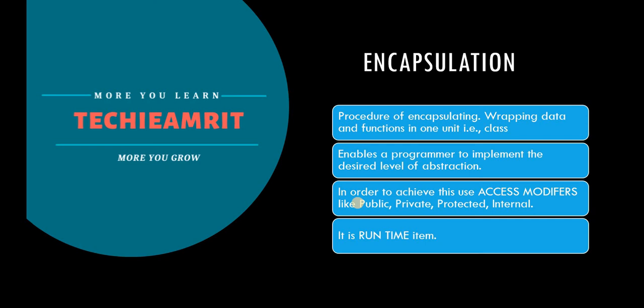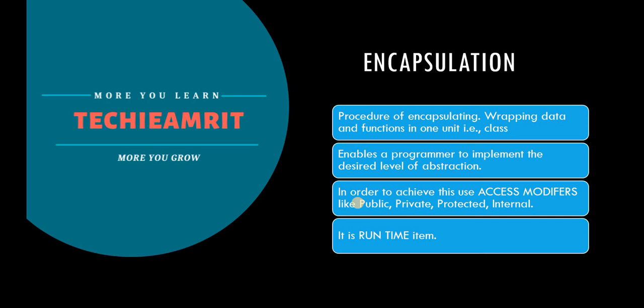So you are focused at the design level. Similarly, when you have a coffee machine, you are pressing the button, and you are not focused on how the coffee is being made or how it is internally working. So what our object does, you don't have to care about it. What you have to care about is how you are getting the output at the UI level, how you have to access that object, right?